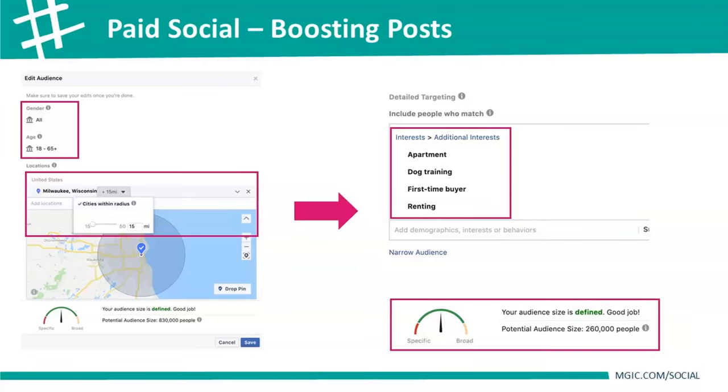It says, hey, it's okay to target people with these interests. And so I found they're interested in an apartment, they're interested in dog training, they're interested in first-time home buyer, and they're renting, right? So if you think back to that, for example, I'm targeting people who are currently renting and maybe own a dog and might want to consider buying a home. So when you combine both the targeting and the